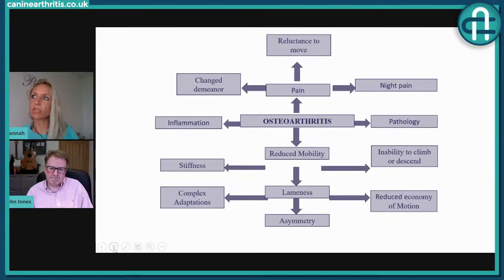Yeah, definitely. And I think you're right saying that, because there are lots of people whose dogs, during daytime and when there's distraction and when there's things that are going to stimulate the brain to override pain signals, they're going to look okay, and they're going to engage, and they're going to go for walks, and they're going to chase balls, and they're going to chase squirrels. But then their behavior might change at night, and that still needs to be talked about. I think people find it quite hard to understand that a dog could be in pain even if they're still active during the day. And that's a great slide to illustrate that.